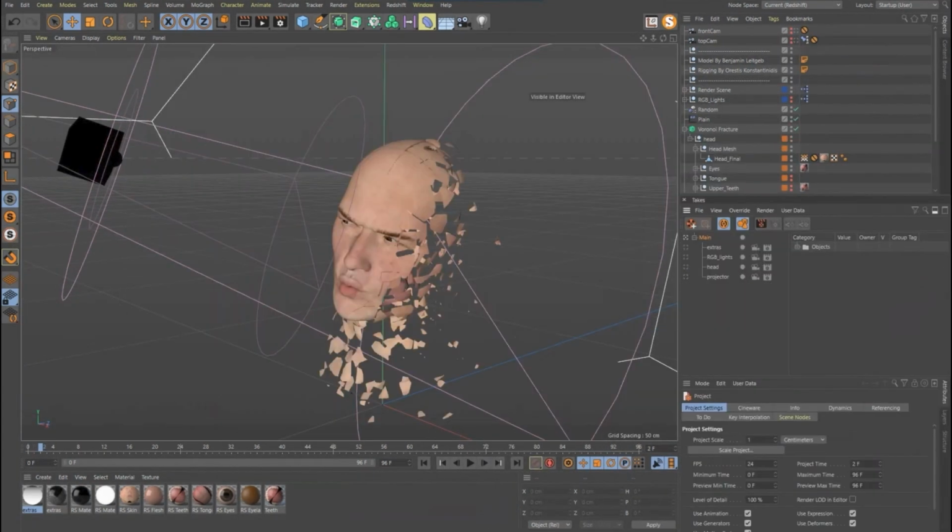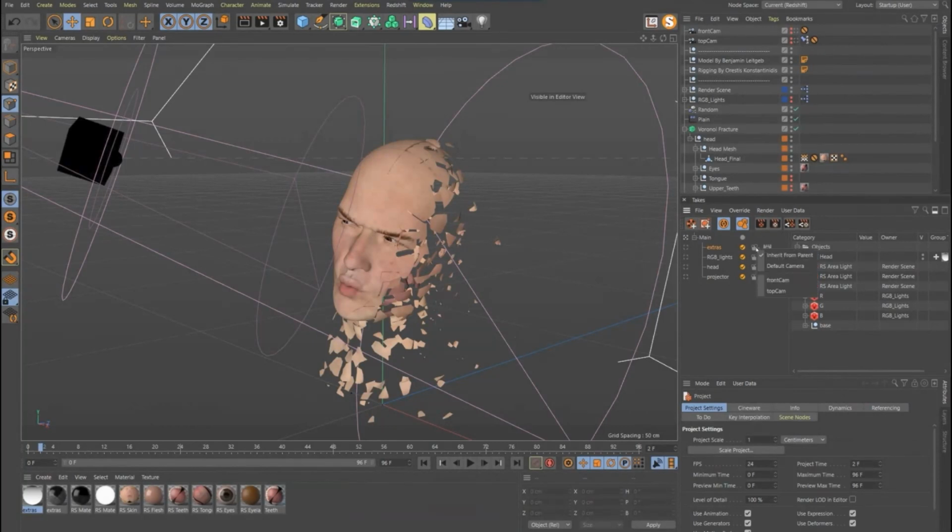So the last thing we want to do before we hit render is just set up our takes real quick to be rendered. Right next to our take names, we have this little option here. We can check that on. And what this is going to do is mark that take. So now we can set this up to mark just the takes that we want, or we could have it mark all the takes. So that's a nice little feature, and we'll look at that in a second.